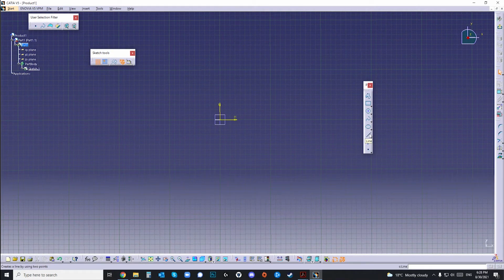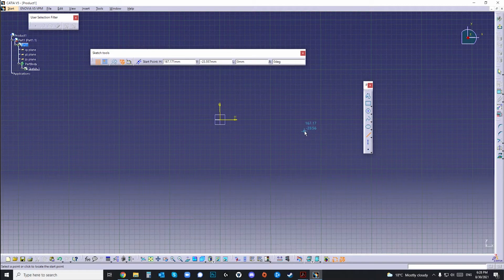The next one, the line, is pretty simple. You have to introduce a first point, a starting point, 100 on horizontal, 100 on vertical. Then you have to introduce its length, 60, and if you want it angled,